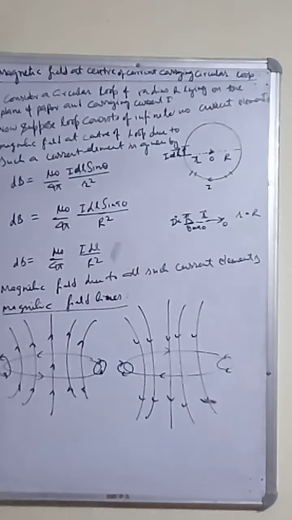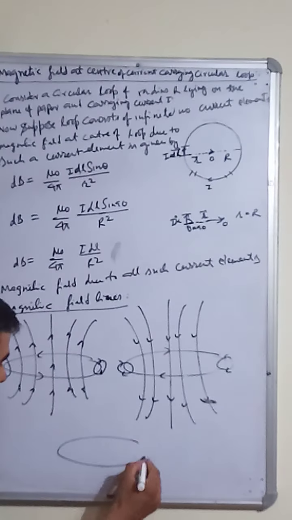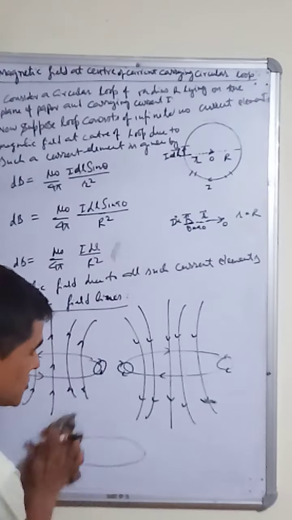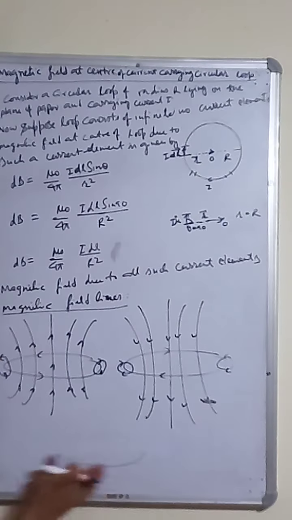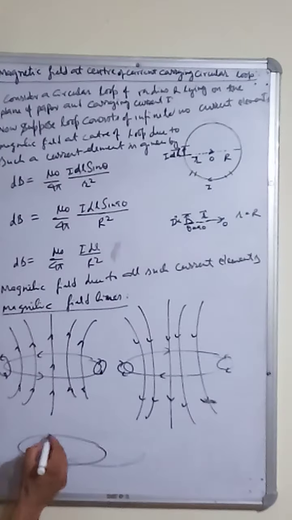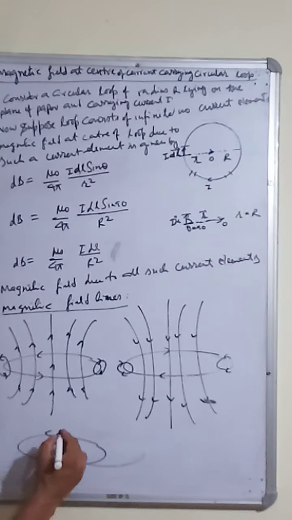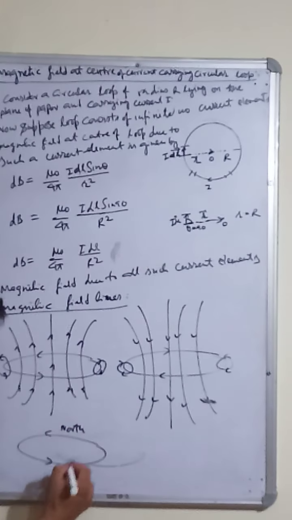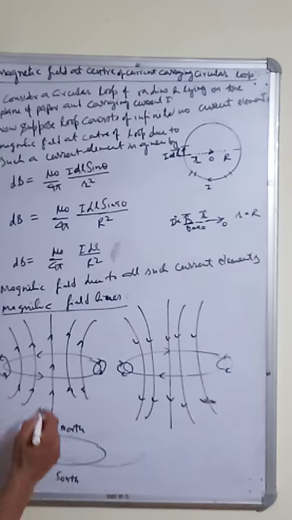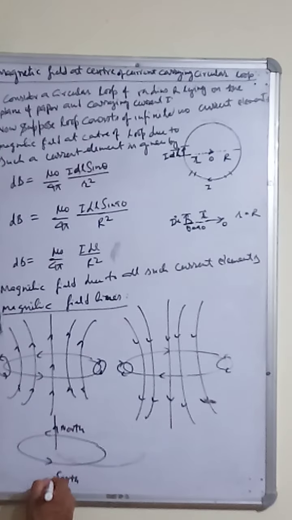One important thing is also, suppose this is a circular coil, look at this one, carrying current like this. This face is anti-clockwise, and anti-clockwise acts as a north, so this will act as a north, and the other will act as a south. Lines come out from the north pole and go inside at the south.